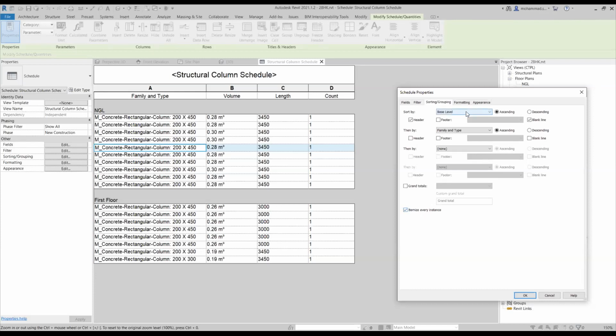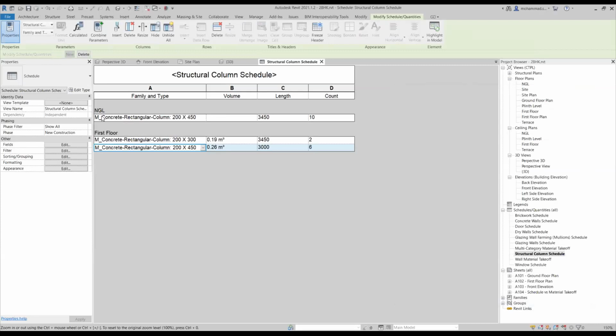So per floor, that is level in this case, I have created a group according to level first, and then I have created a group according to the type of column which is created, and now I'm switching off itemize. Whenever we switch off this itemize option, this picks the property of group from the last instance, like in this case, family and type. So every family and type according to floor will get a single line item. I'll click OK, and you'll see the result.